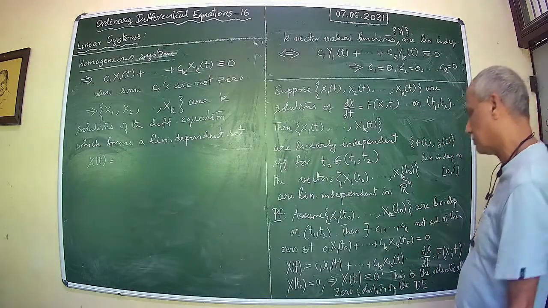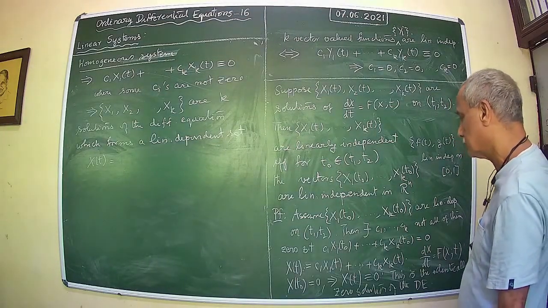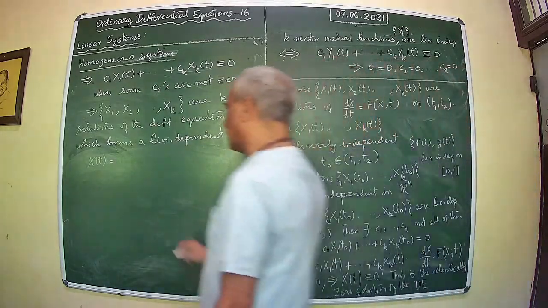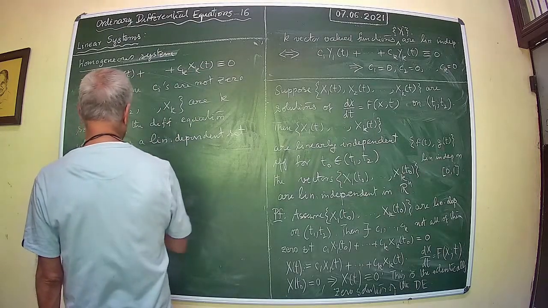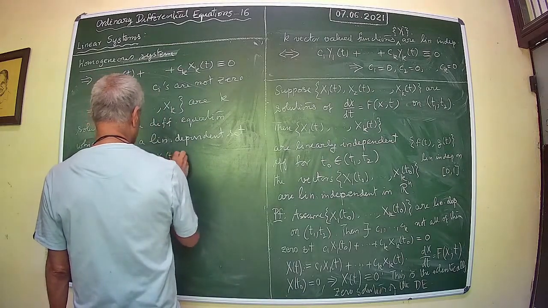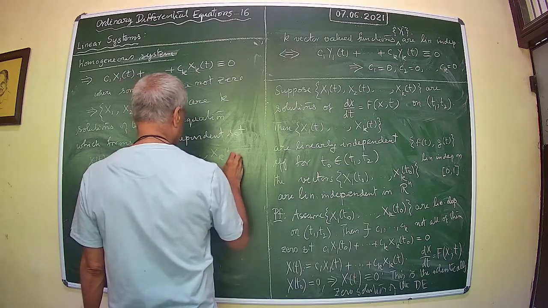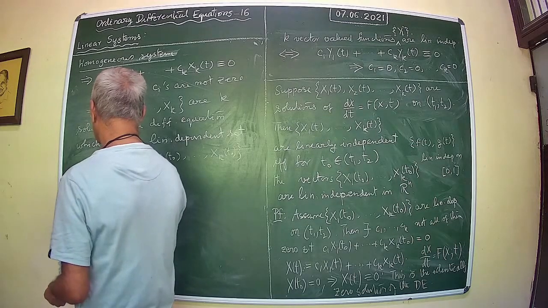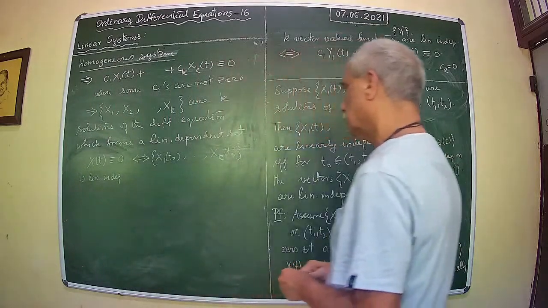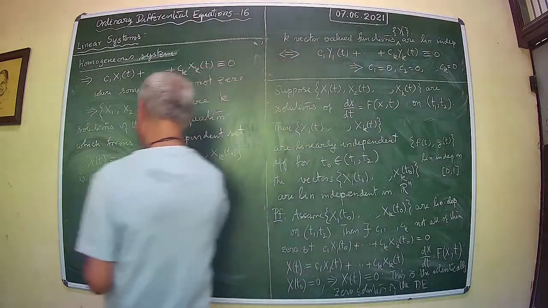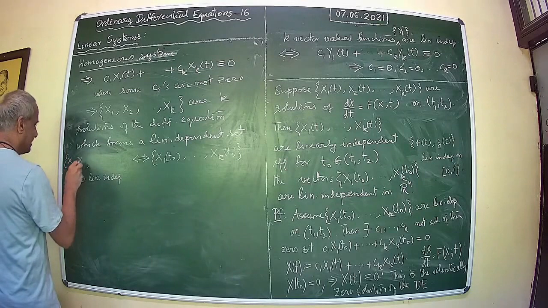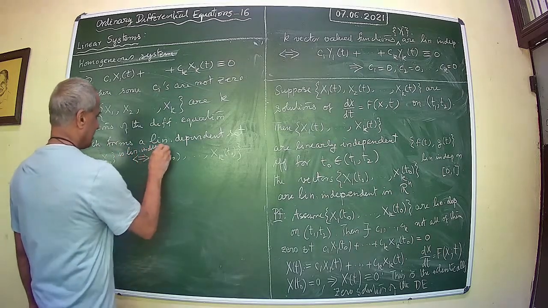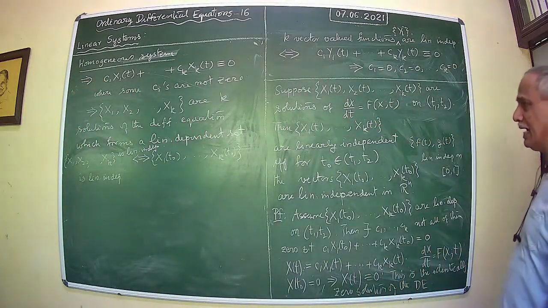So x t is identically 0 if and only if... sorry, what I mean to say is this. Therefore, once you take an initial condition